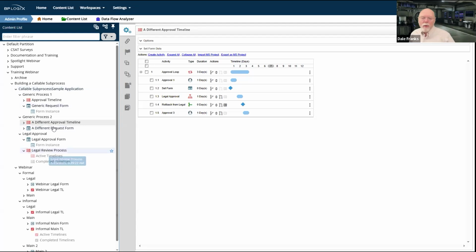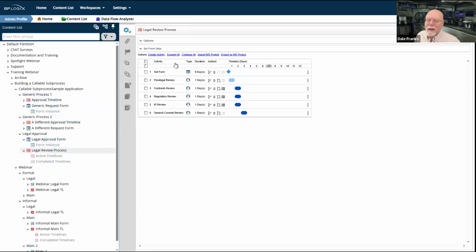By the way, if you don't like field replication, you don't have to use it. You can make things a little more complicated by, in your process timeline, adding a copy form data custom task right before you show the legal form, for example, right before you show the legal form for paralegal review. So after set form, but before paralegal review. I would actually do it before set form if I was doing it. It would be the very first thing I would do on the timeline.